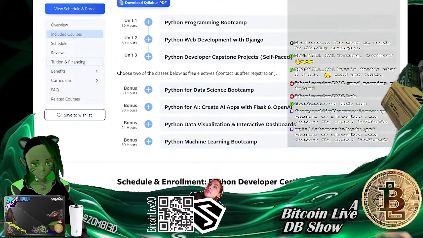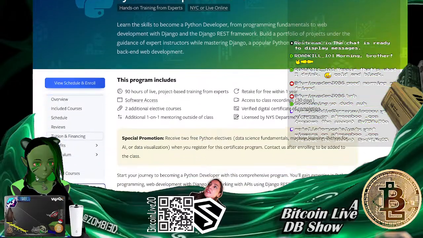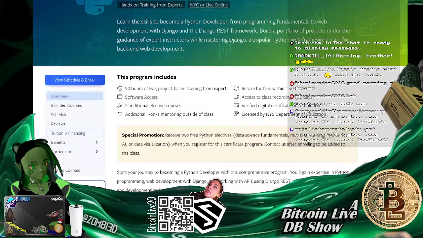30 hours, 30 hours, 24 hours, 30 hours, 60 hours, 30 hours. And you only have 30 days to access it. See, this stuff is bullshit. You get what I'm saying? Like a code boot camp that you show up to and you do in person. That's like the 6 weeks or 8 weeks boot camp. And you're there on site training. You don't have to take anything. They have all the stuff for you to use. Those are the best.